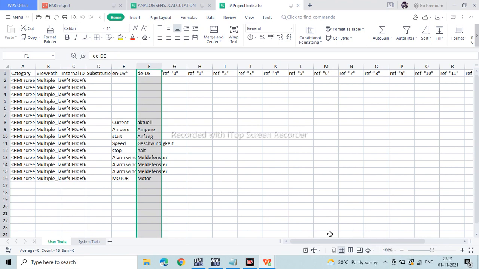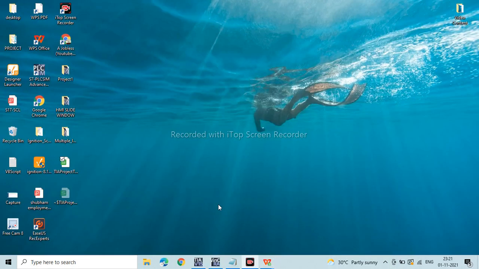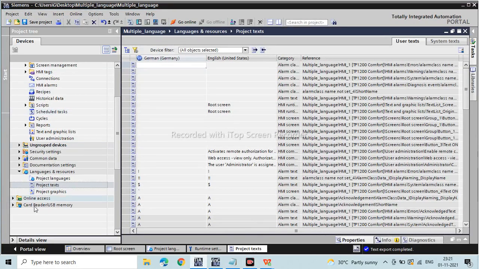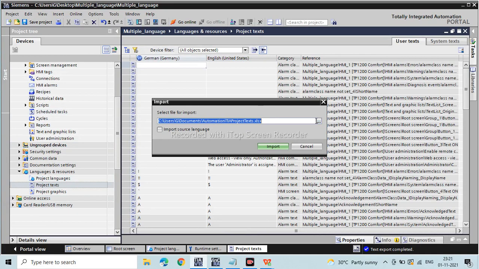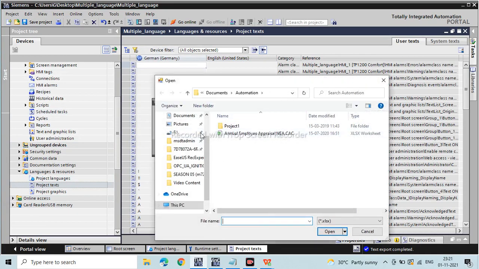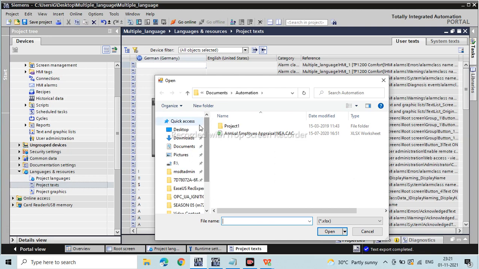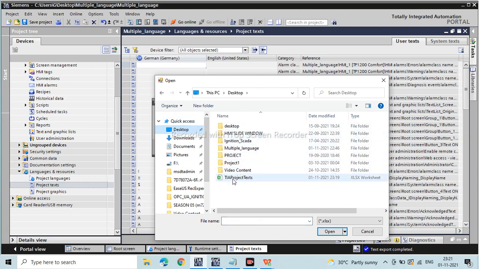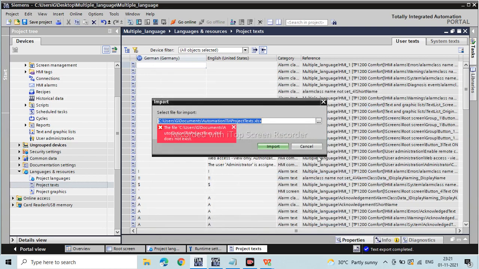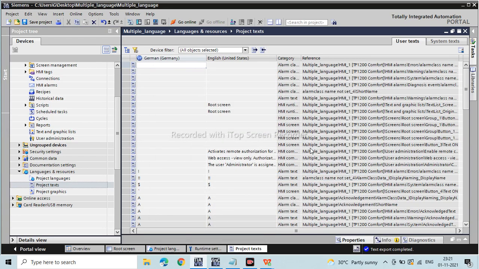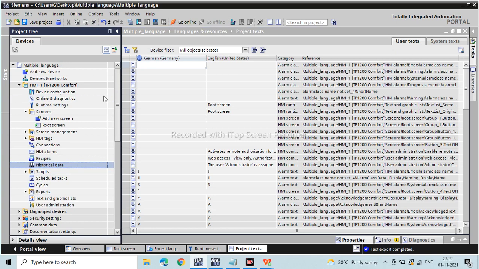Now our fifth step is to go back to here, and we have to import that file we have generated. So just go to your location, desktop, and give the text file. So open that one, and once it gives the successful completion of the import, you are ready to go. I have already done that part on my screen, so I don't need to.